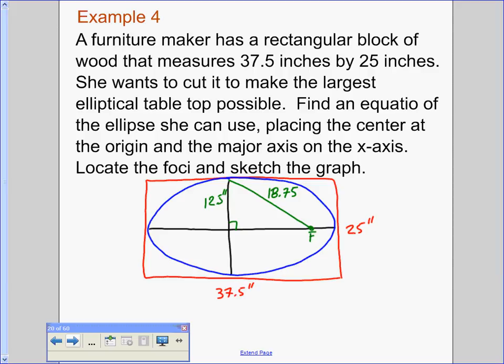We'll call this A. Then we're just using the Pythagorean theorem here. So I could say that 18.75 squared minus the 12.5 squared is going to give me the A squared. And so when you simplify that, then you end up with